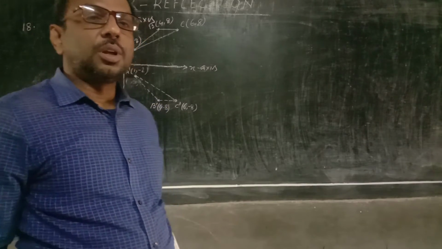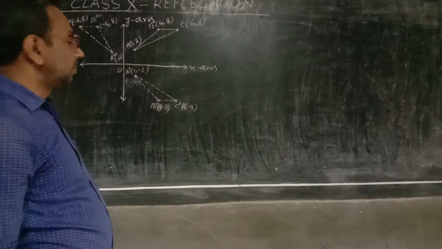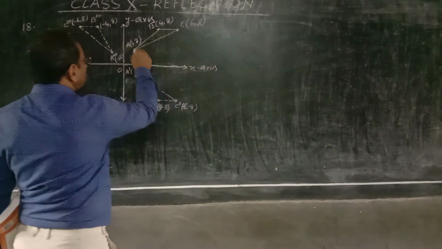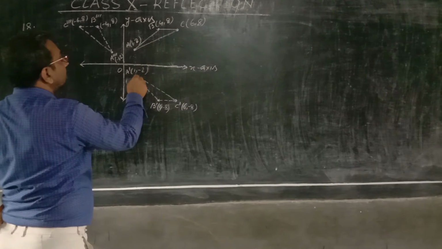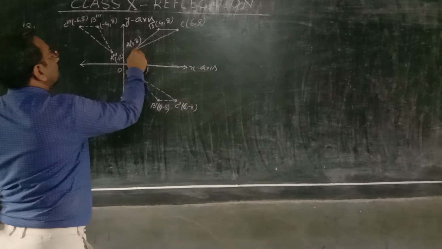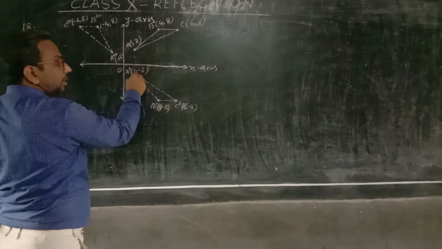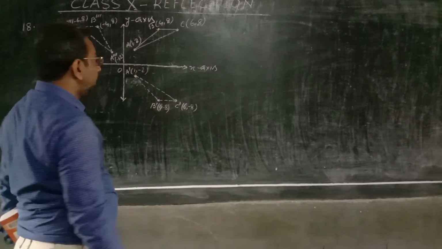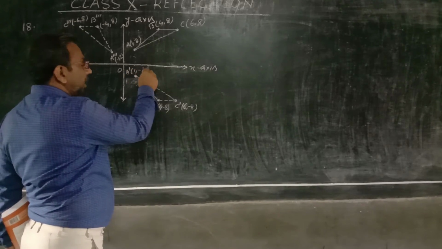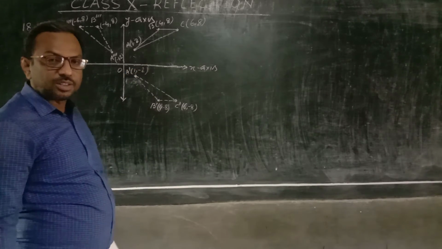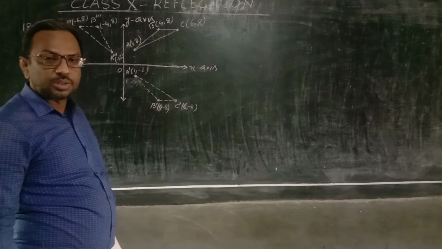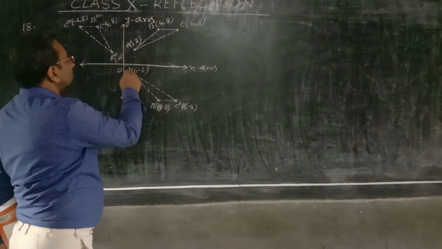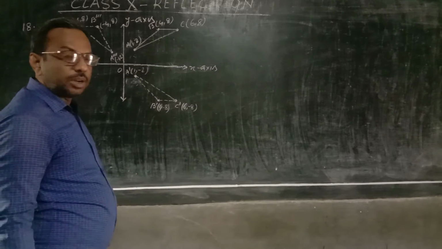both are positive. Now these 3 points are reflected in x-axis. So here is x-axis. This point will come in this quadrant, and as it travels, this distance is 2, same distance will travel this side also. And in this way, as per the sign convention of the quadrant, coordinate of A dash became 1, minus 2, because the point that lies in the fourth quadrant, abscissa will be positive, but ordinate will be negative. So the coordinate of A dash became 1, minus 2.